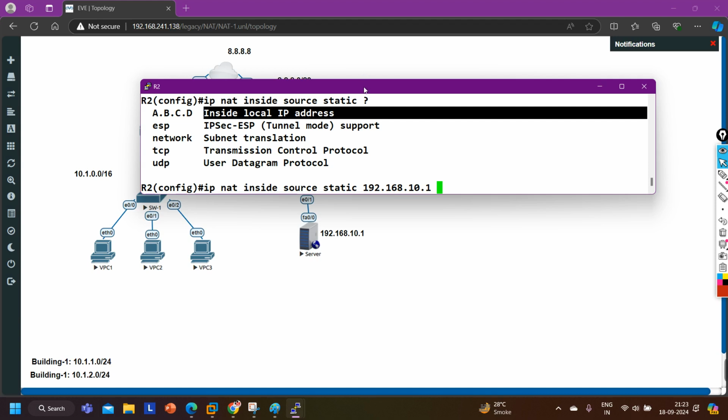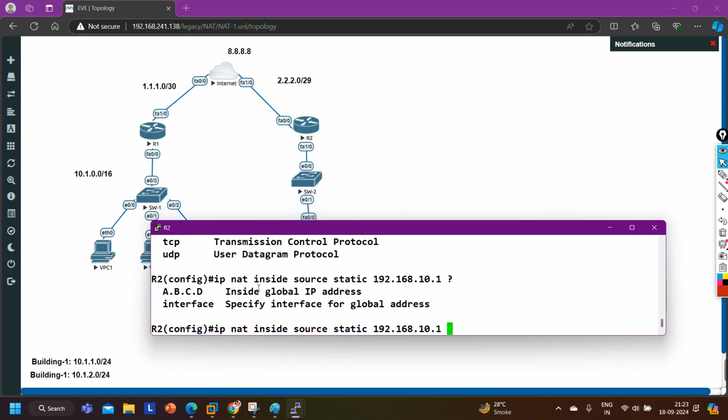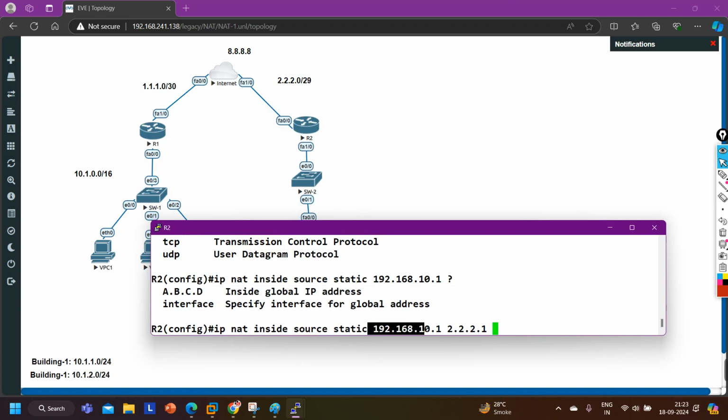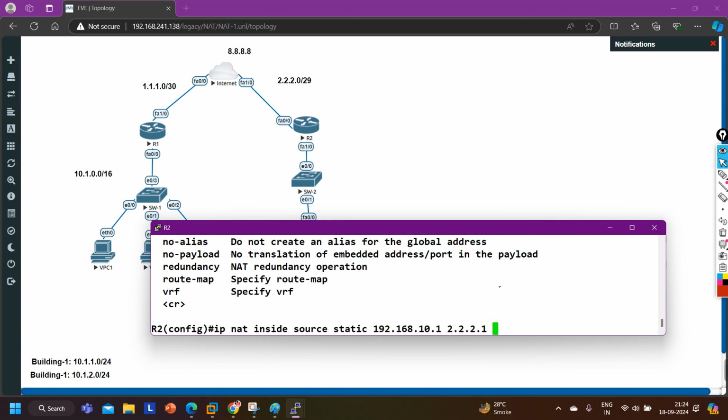192.168.10.1, and then the public IP address, the inside global IP address, is 2.2.2.1, right? That means this IP 2.2.2.1 will always be translated into this private IP address. That's it, right? Before running this command, when you ping this IP address, you are pinging the router. But after running this command, if you ping this IP address from anywhere on the internet, you will access